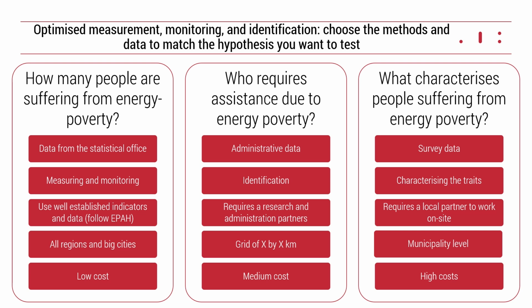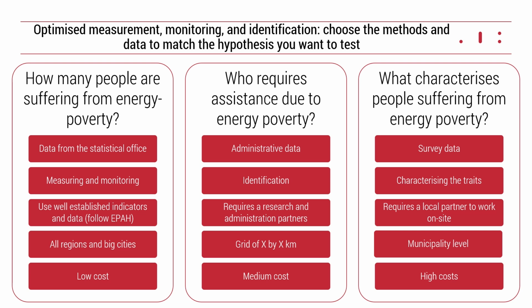statistical office. Based on the Polish example, and I think it's quite representative for the other countries as well, it should give you information about the regions, and I mean by this, I mean NUTS 2 regions, and sometimes even the biggest cities in your particular country. And the key advantage here is that it can be done at a very low cost, because the access to the data is quite cheap.